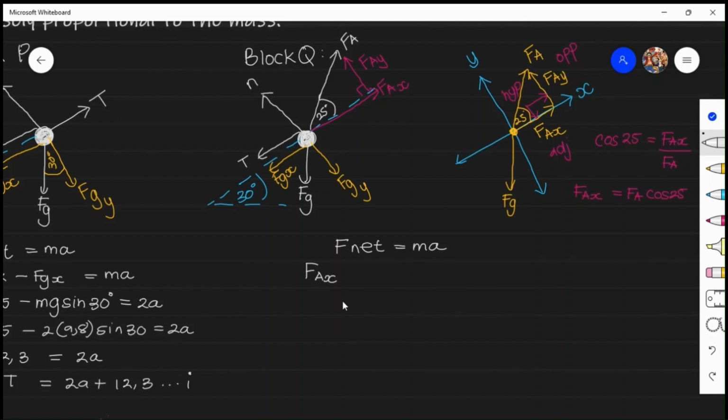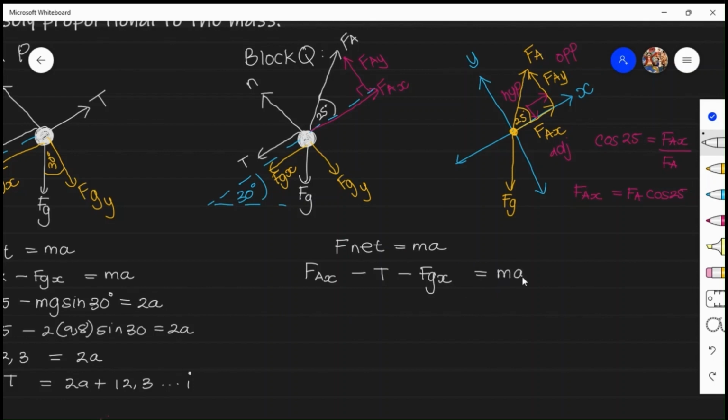The forces that are now moving down the incline, I took as negative. So because I took up the incline as positive, it suggests that all the forces moving down the incline are negative. So that is then going to be minus tension minus FGX